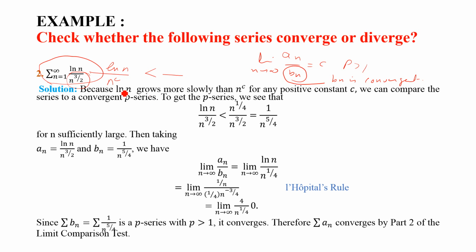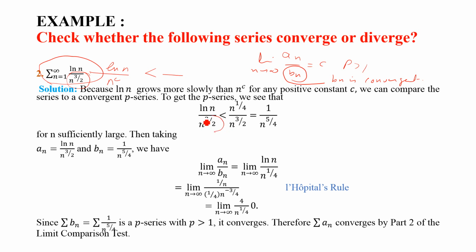So let's try and find out. Because ln grows more slowly than n to the power c for any positive constant c, we can compare the series to a convergent p series. So to get the p series, we see that natural log of n over n to the power 3 by 2 is less than